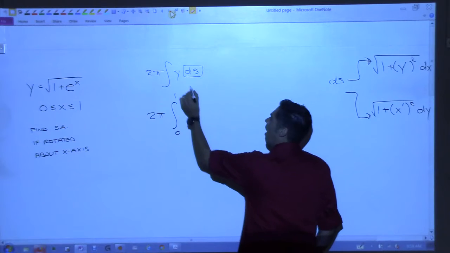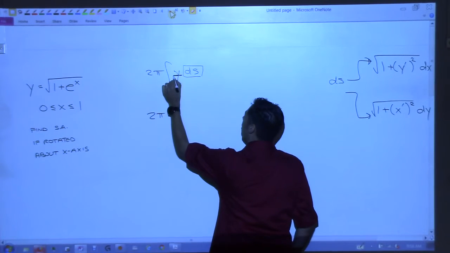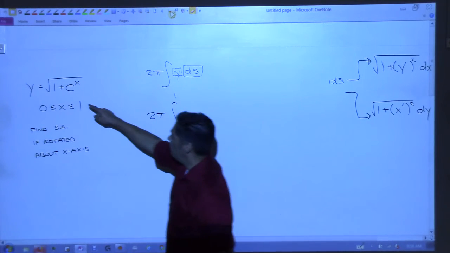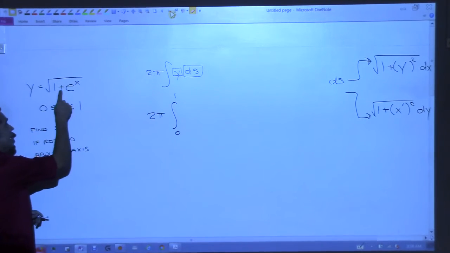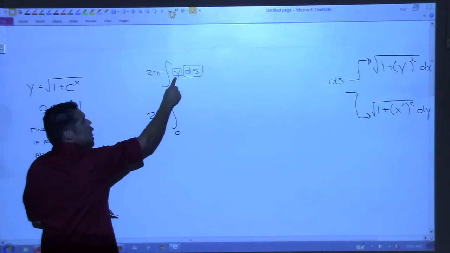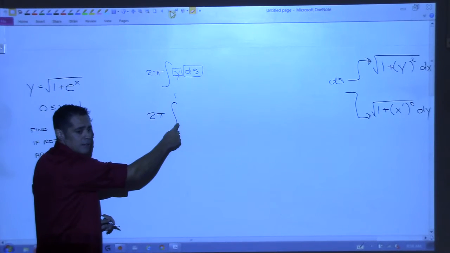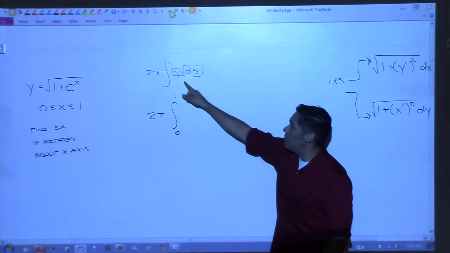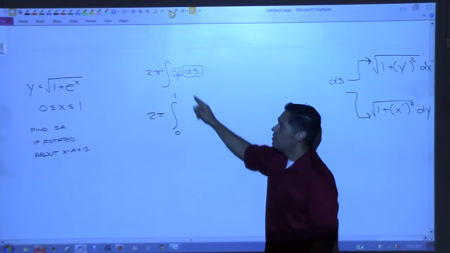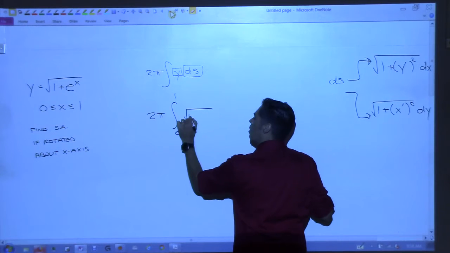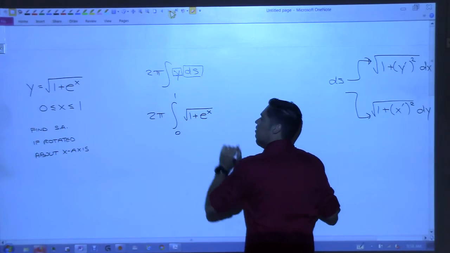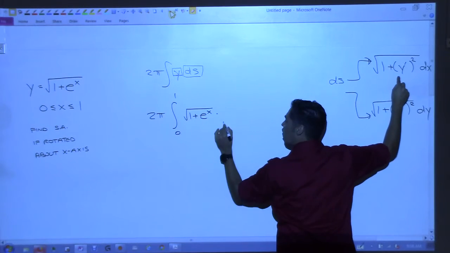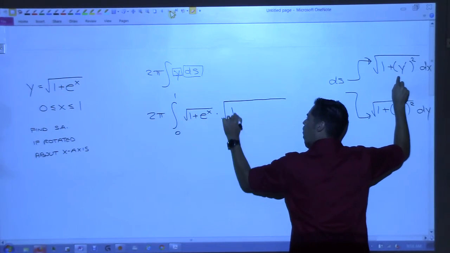Now, what is y? This is critically important. What is y for us? It's the square root of 1 plus e to the x, right? And I need to replace that y with something with x in it, don't I? Because I'm integrating with respect to x. So I can't leave this as y. I've got to replace it. So that's going to become the square root of 1 plus e to the x. Y'all with me? Times ds, and I'm using this one, which is the square root of 1 plus, and then